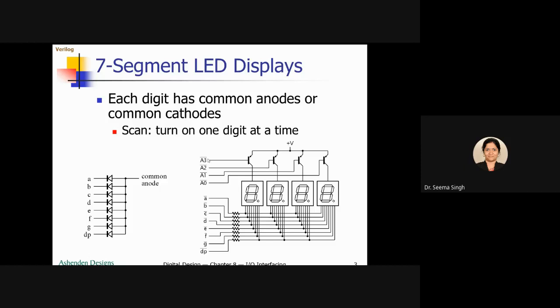When the output of this is pulled low, that specific digit is activated, and whatever input you give here, that digit only will display it.